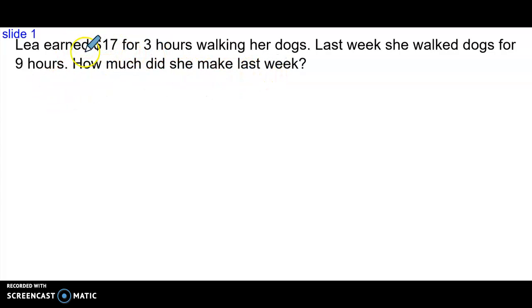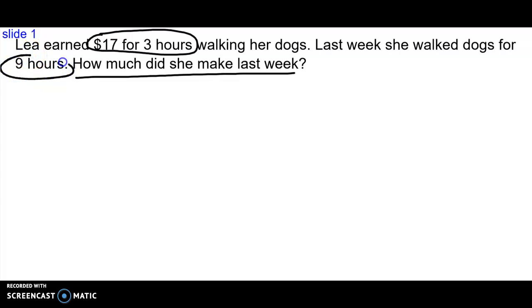All right, so we know that Leah earned $17 for 3 hours. We want to know how much she made last week. Well, last week she walked dogs for 9 hours. So notice we have a rate here. We have $17 for 3 hours, but we have a half a rate. We have 9 hours. We don't know how much money she made. So we're going to create, because we have one rate plus a half of one,